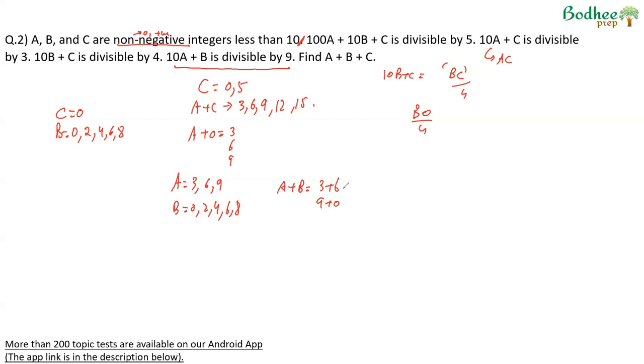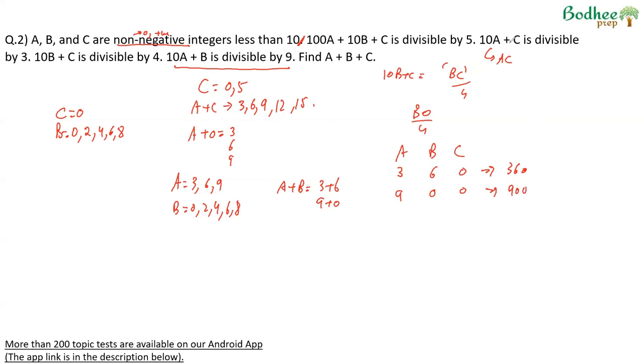Find the value of ABC. So the result that we get is ABC. A could be 3, B could be 6, C is definitely 0. A could be 9, B could be 0, C could be 0. And therefore the number becomes, in this case, 360. In this case,